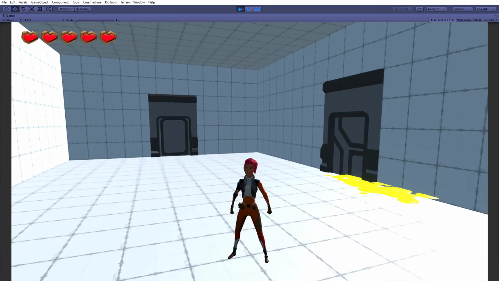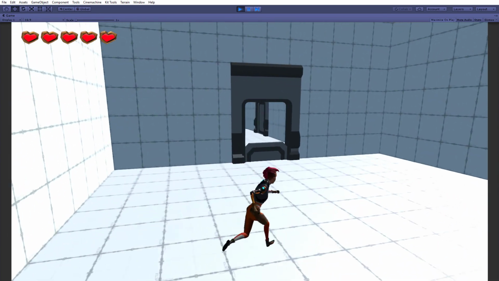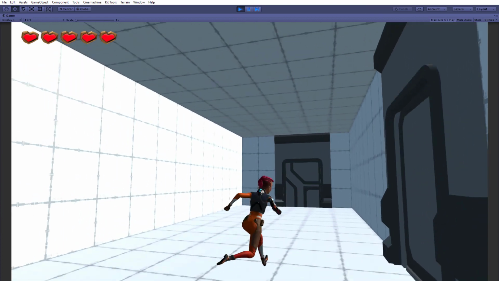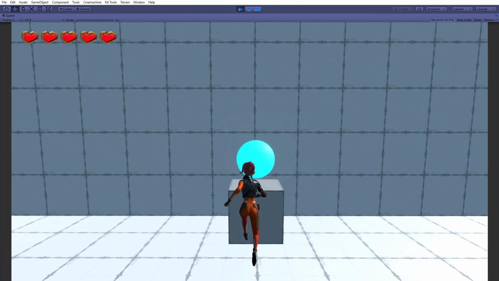So this is the final test. So here's the room, first room, hit the switch, door 1, down the corridor, second switch,